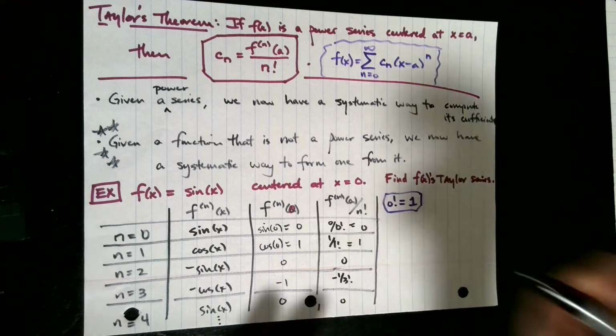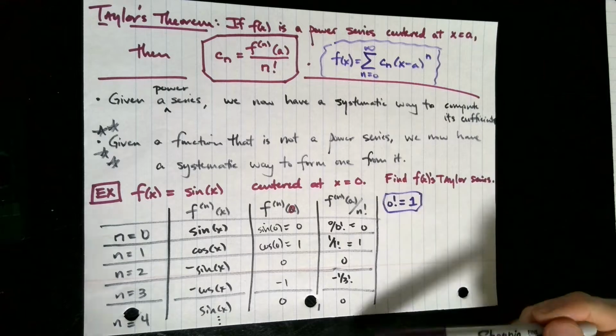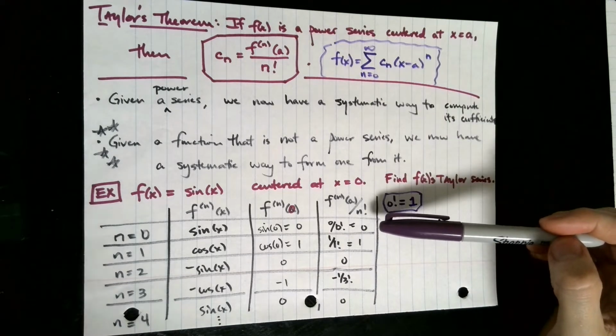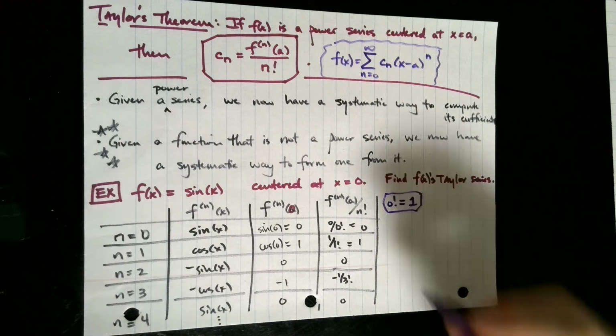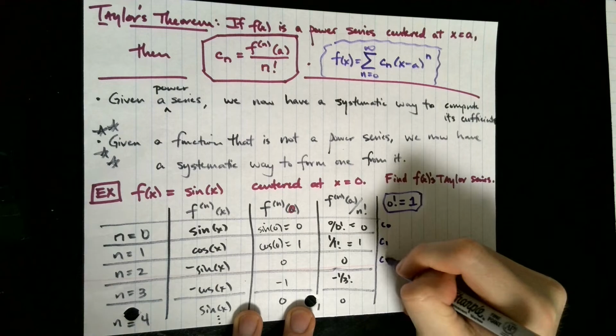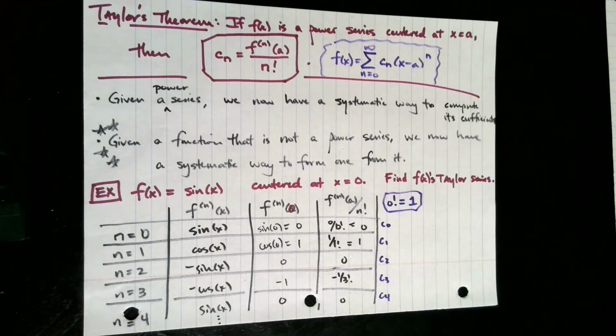And then we have 0 divided by 4 factorial, and so on. And this is going to continue forever. Now, what are each of the numbers that had popped up in the last column here? Well, based off of Taylor's theorem, these are the coefficients of given degree. So this is our degree 0 coefficient, our degree 1 coefficient, degree 2 coefficient, degree 3 coefficient, degree 4 coefficient,